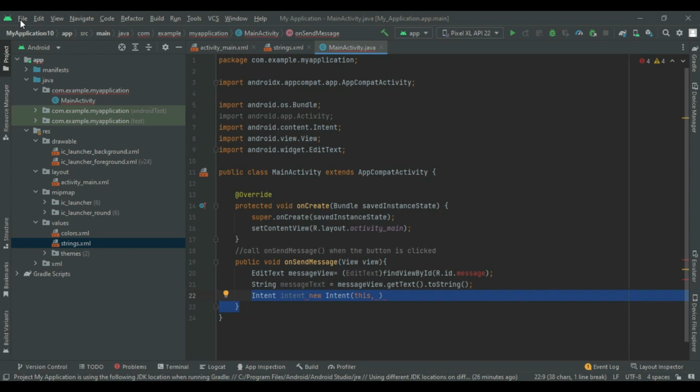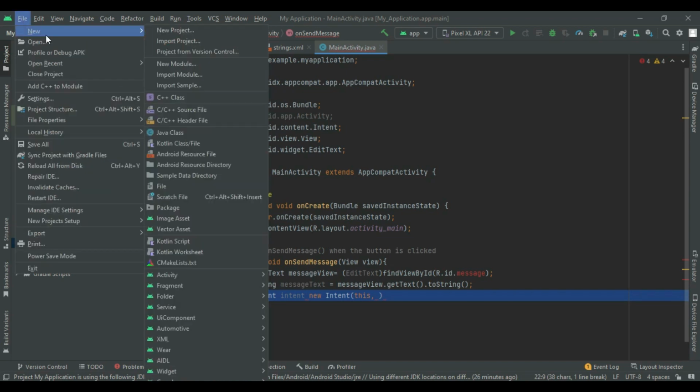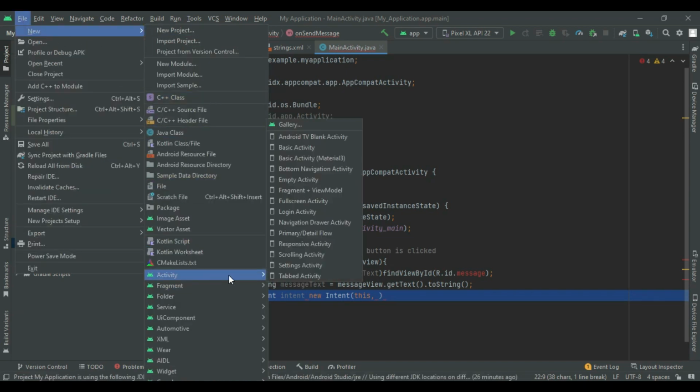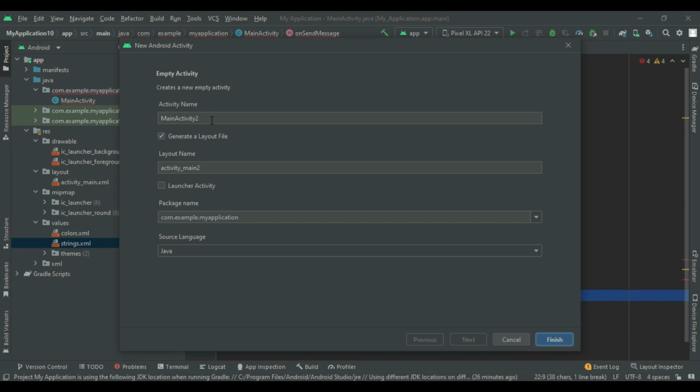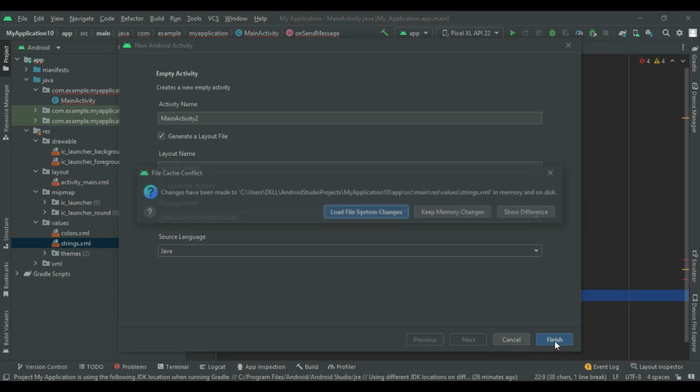So we have to go into New and then Activity, and then select Empty Activity. Now I will change the name, or we can leave it, I will change it in the later stages,